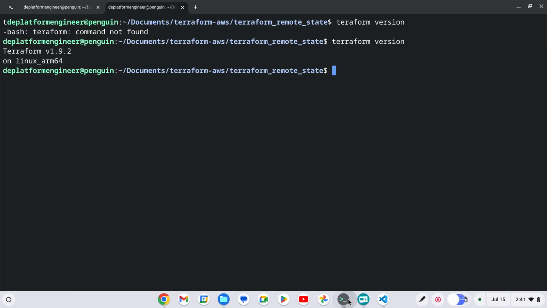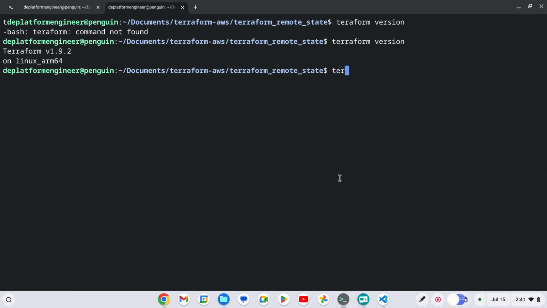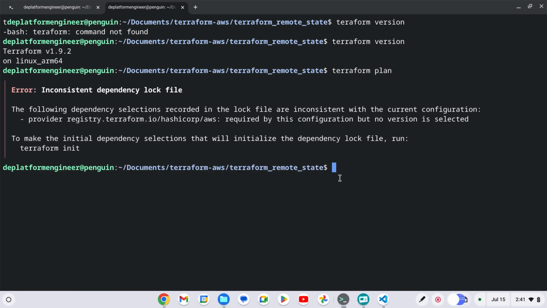But before I do that, the first thing I need to do is Terraform init. So without Terraform init, these resource blocks in here don't really mean anything, right? Because I don't have the actual provider APIs that are required behind the scenes to create an AWS user or AWS S3 bucket. And Terraform is not really going to let me do anything with it, right? So for example, if I do Terraform Plan now in here, I'm already basically blocked by Terraform at this stage. So if I do Terraform init,